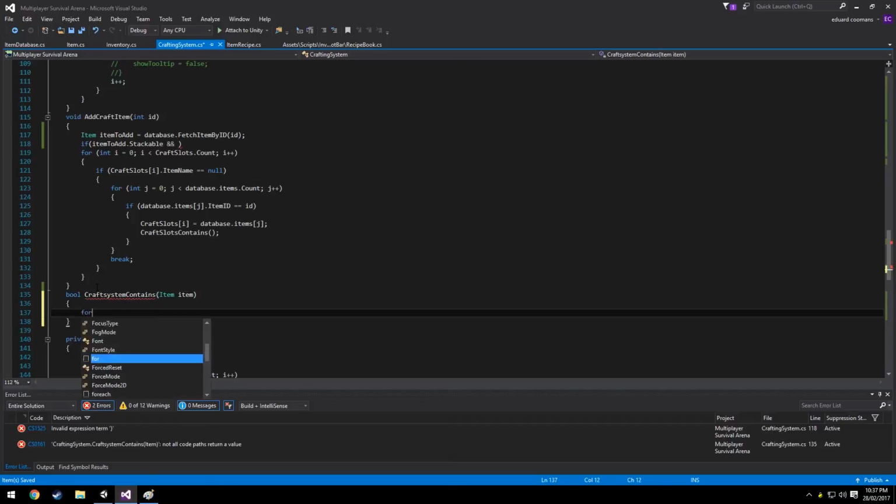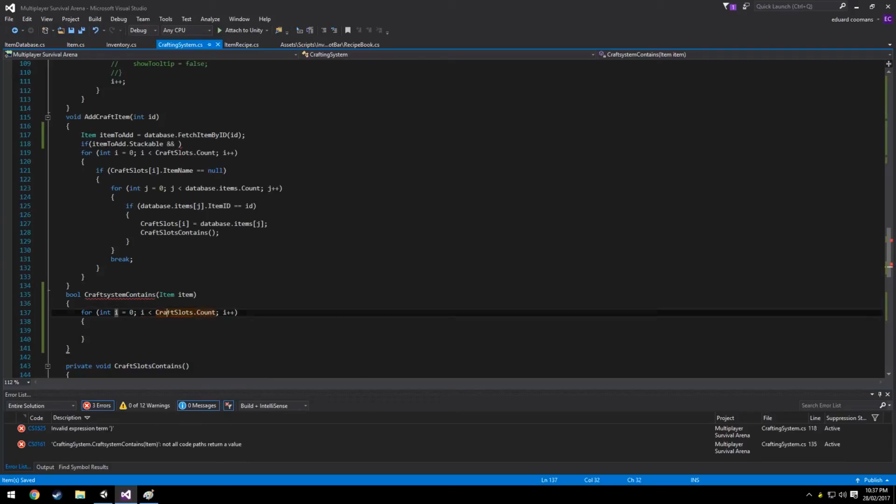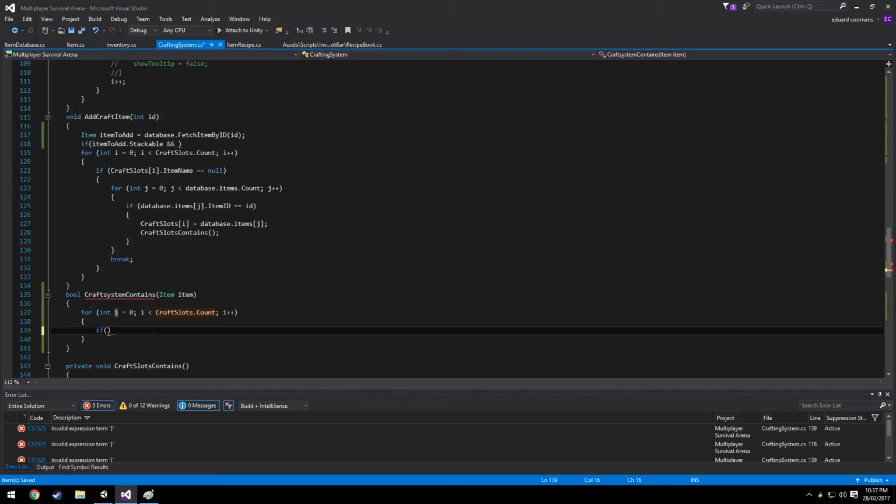And we just go through the craft slots dot count, and if craft slots I dot equals the item that we sifted in,